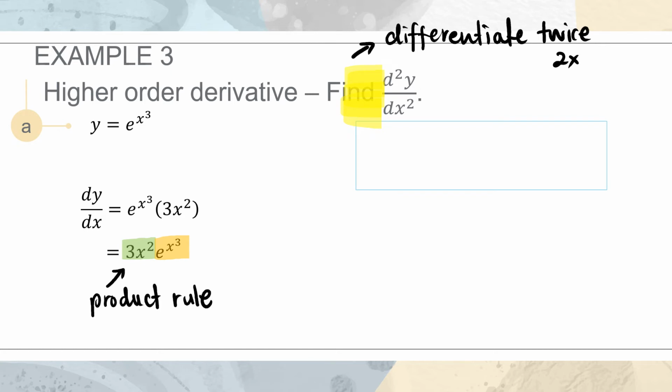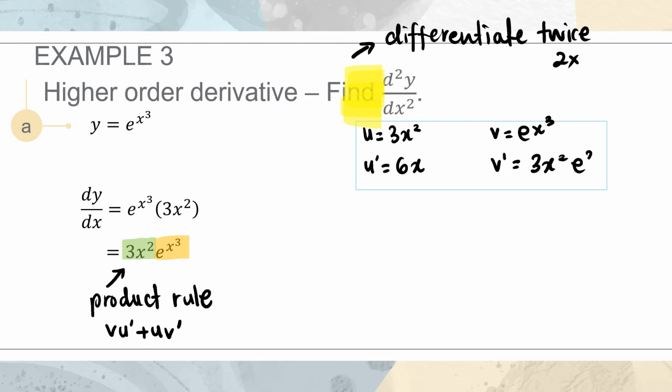So please recall the formula for product rule is vu prime plus uv prime. We need to first determine our u and v. So my u will be 3x squared and my v will be e power of x cubed. Differentiating u, giving me u prime is equal to 6x, and my v prime will be 3x squared e power of x cubed. And since my formula here requires me to add those two, I can just rewrite that here,